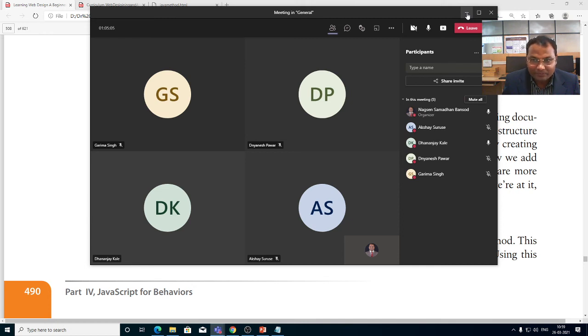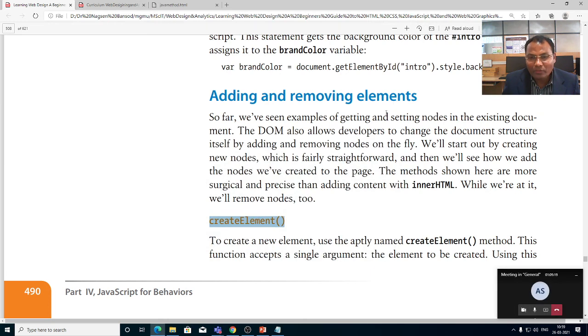Dhananjay, do you have any question? Nanesh, Akshay, if you have any doubt or queries, please ask. In the practical session, we will see all these methods implemented. You have to do the practical for this.